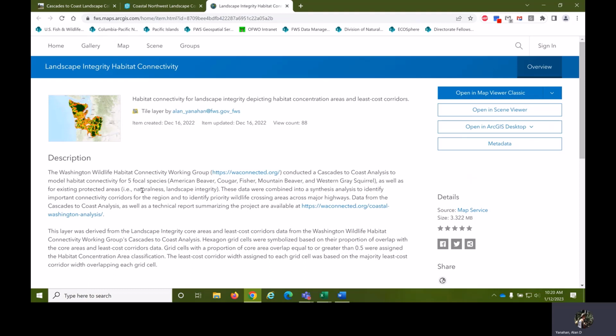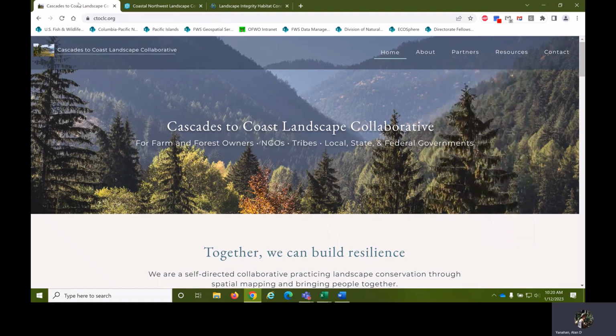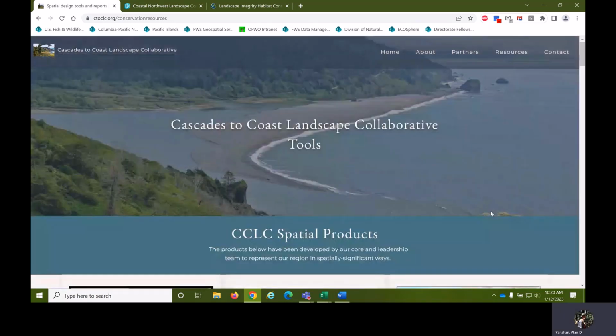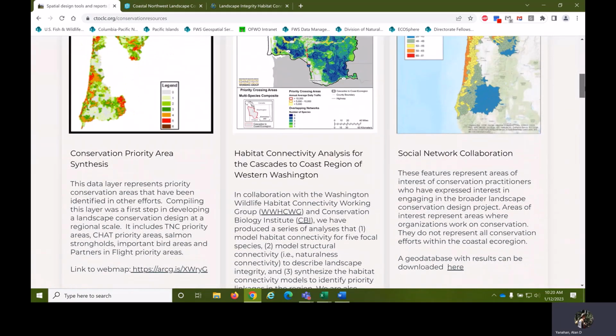And if you'd like to access those original connectivity data, you can do that from the Cascades to Coast Landscape Collaborative website. Let's head back to the CCLC homepage, which I already have open in another browser tab. And we'll hover our mouse over the Resources tab at the top of the page, and we'll select Spatial Design Tools, Products, Reports. And we'll scroll down a little bit down the page to the Habitat Connectivity Analysis for the Cascades to Coast